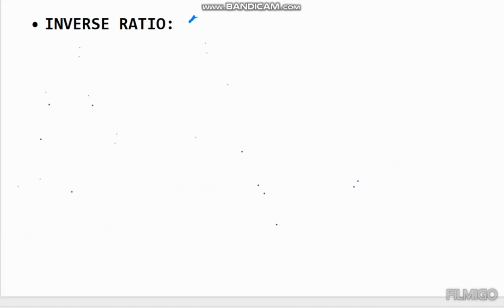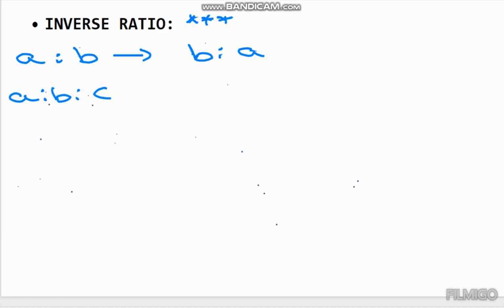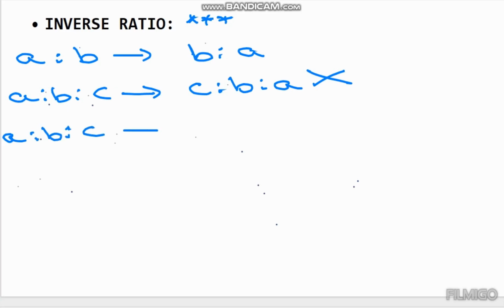So, an important topic in ratios is inverse ratio. The inverse ratio of A is to B can be written as B is to A. The inverse ratio of A is to B is to C can be written as C is to B is to A, which was completely wrong. So the inverse ratio of A is to B is to C can be written as